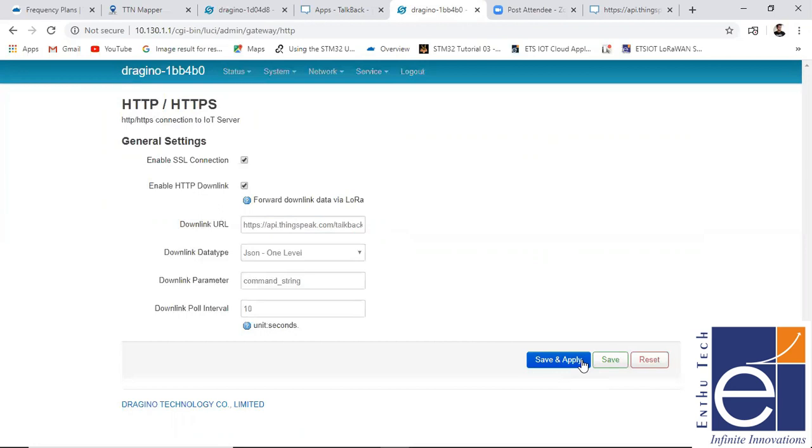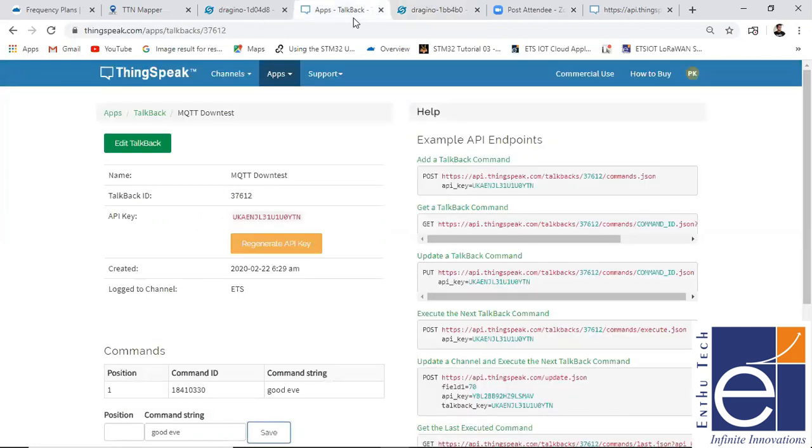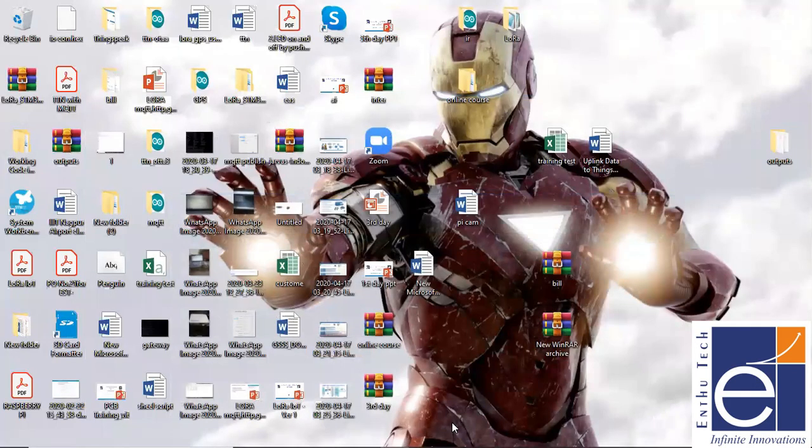So then after that, you can run your code and you can give your uplink as well as you can give downlink. So I'll show that uplink and downlink now. First of all, I'll just run my code.